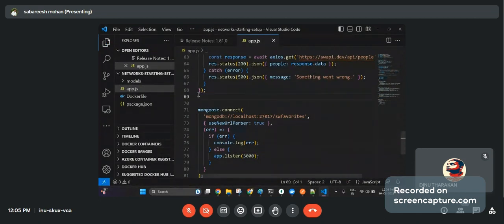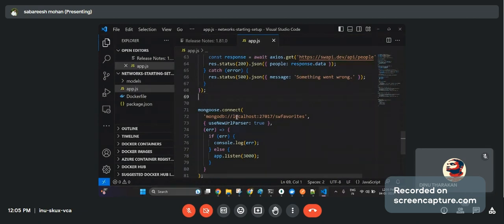Okay, now we need to modify this code. Why? Because this is not done by you, this is done by the application team. Locally, when they do this testing, both your Node.js application and your Mongo were on the local machine.